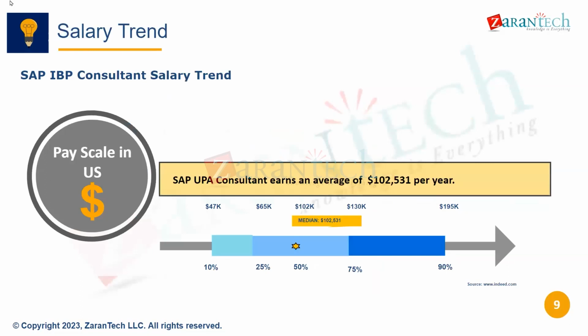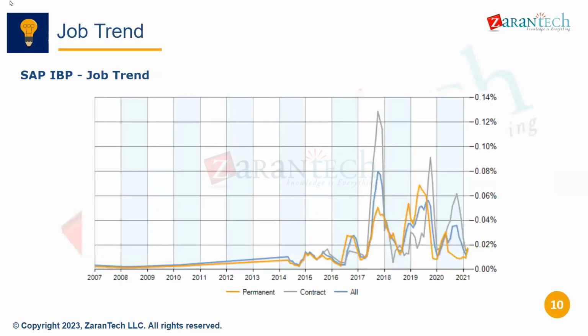This also talks about how the salary band works. Okay, so you can see the average salary of $100,000, but it can go up to $200,000 as well, based on the overall experience and the implementations that a person has done in the SAP IBP field. The next slide